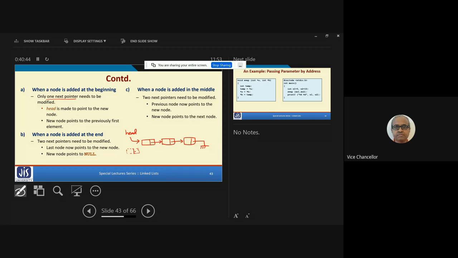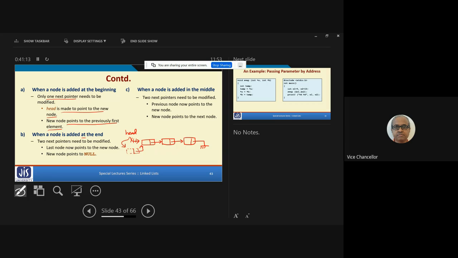This next pointer will be adjusted to point here. And this variable head will be pointing to this new node. So head is made to point to the new node, and the new node will point to the previously first element. This is what I showed.